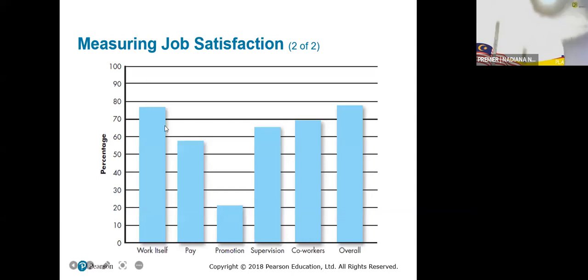We call it the sum of the aspects that fall under job satisfaction when measuring job satisfaction. The job itself, or the work itself: do you like doing that work or not? Do you love doing that job or not? That's very important. Pay, of course, remuneration or your salary, are very important factors.